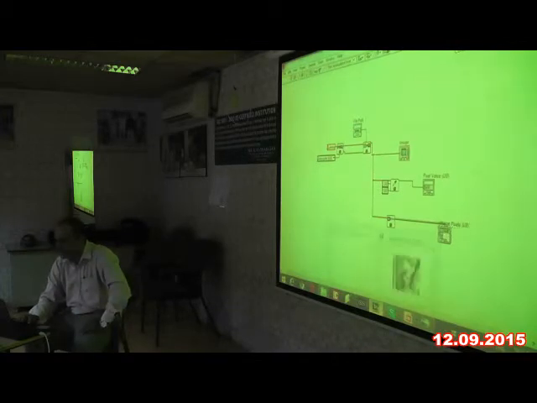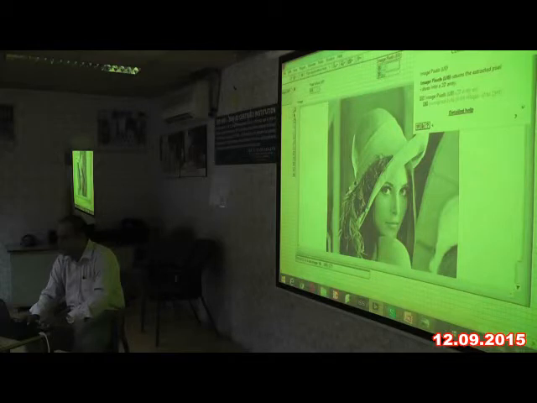If I go and see in my front panel, here there is an array. Right now only one element is shown, 0, 0. So I have to expand this array.